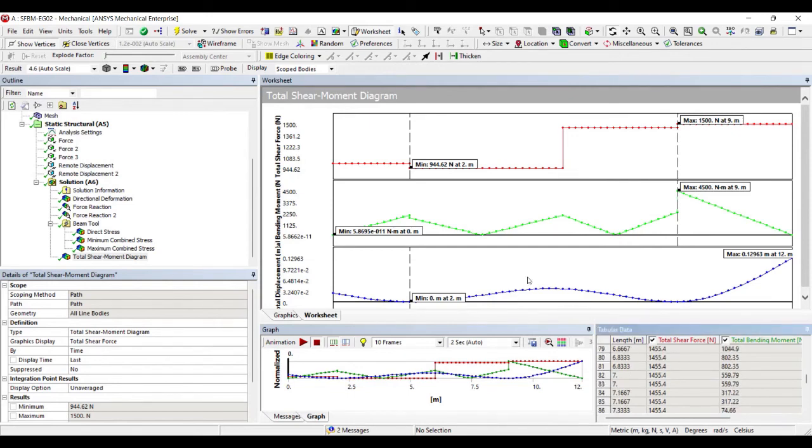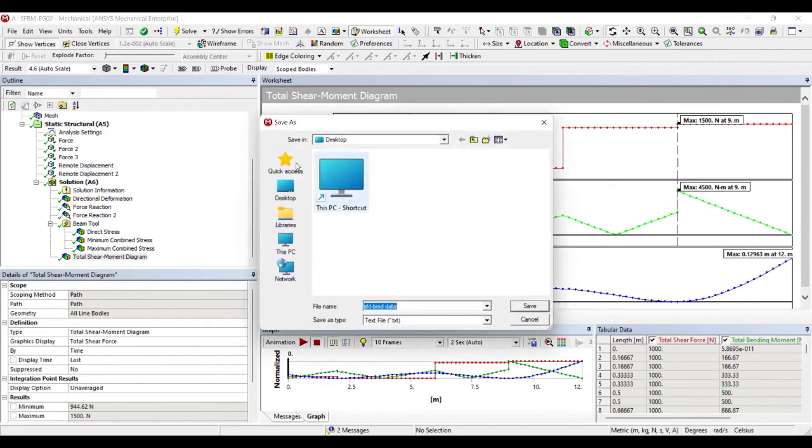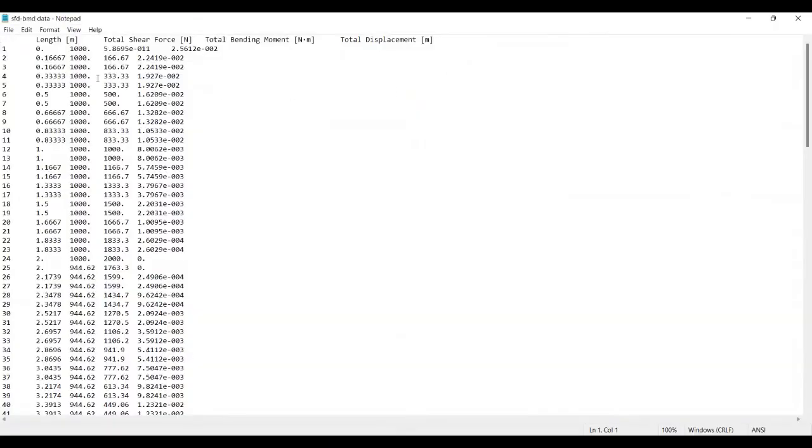So accordingly, you can just go and scroll over this entire table and you can check the values at various points. If you want, you can export and save this table. Just right click, export. So you can save this in your folder. Say I save it as SFD BMD data. When I open the notepad, this is how it will look like.